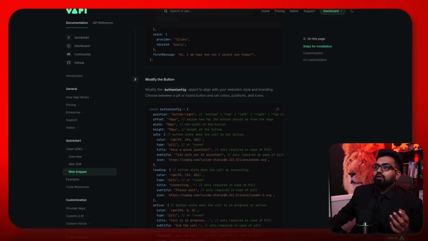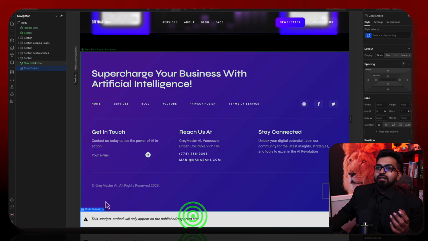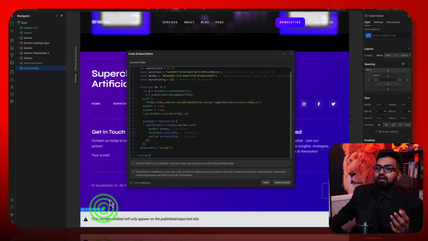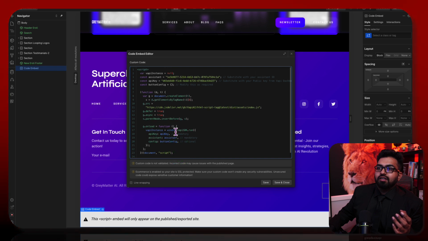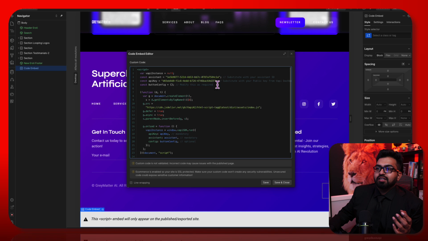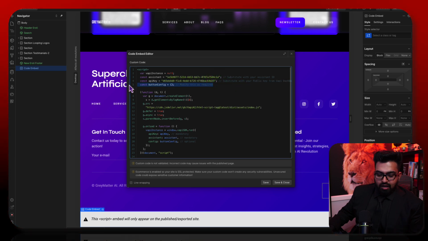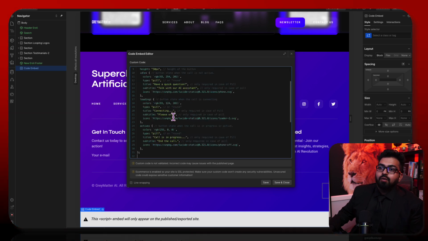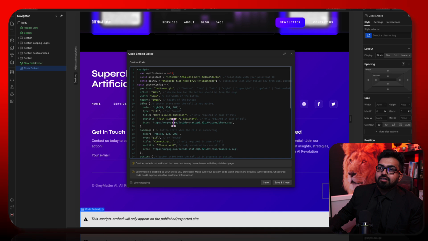I will go back to Webflow and let me edit this code snippet real quick and add button configuration. As you see, the button configuration is empty right now, I will just replace this with the button configuration that we just copied, and save and close,